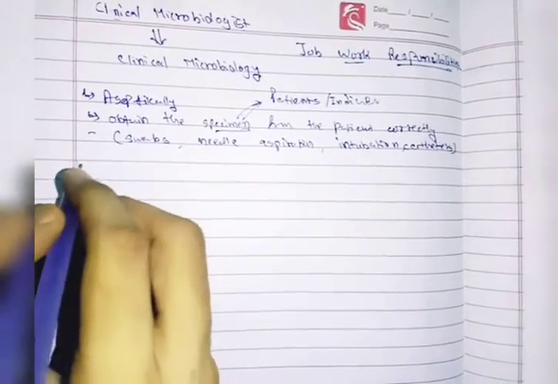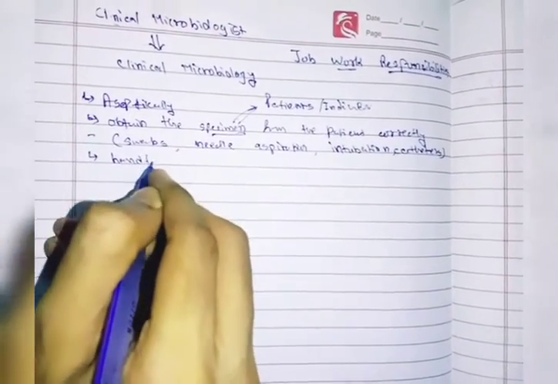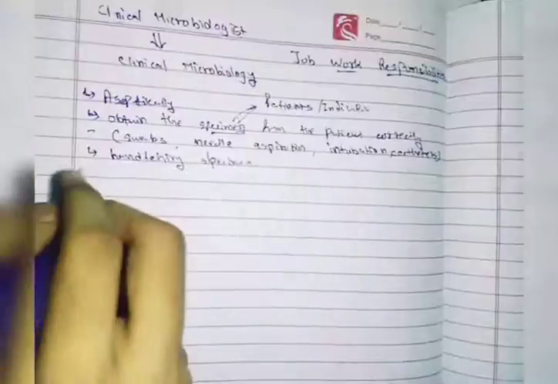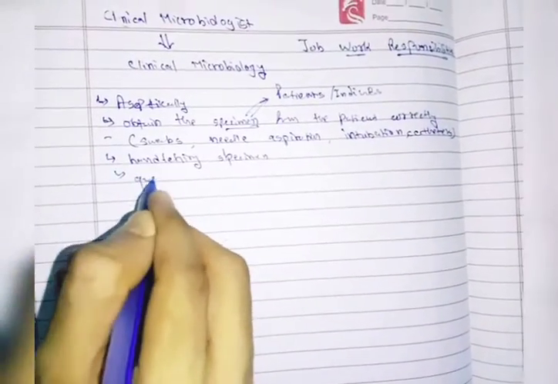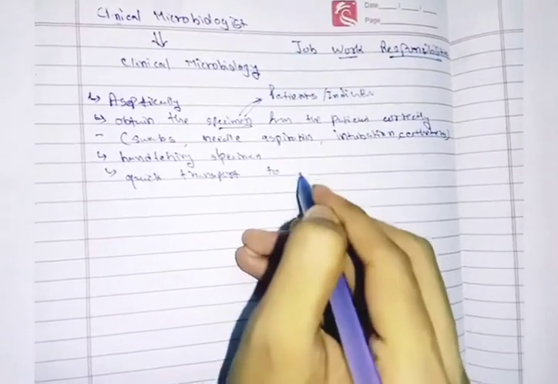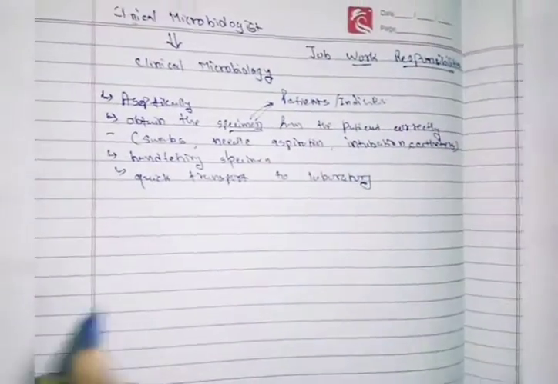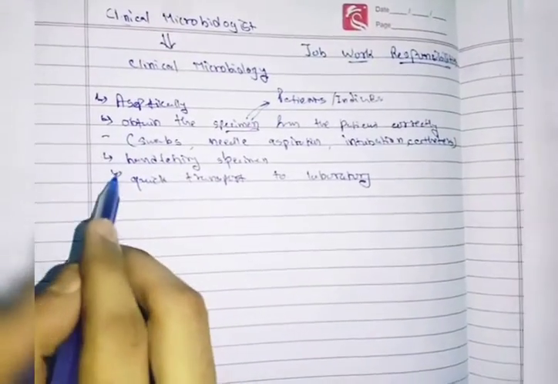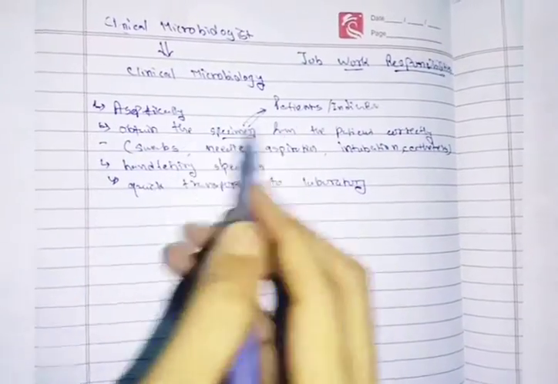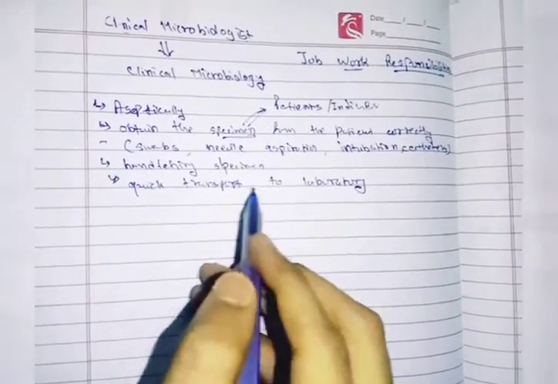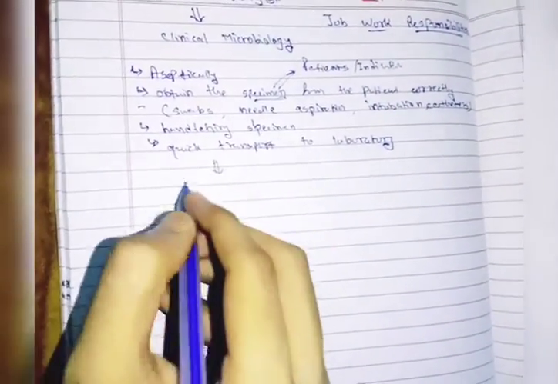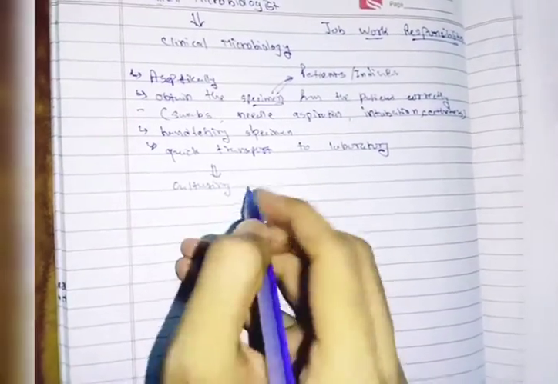Then the next thing is handling the specimen. Proper handling is very important, and quick transport of the specimen to the laboratory. These all things should be done fully and precisely. Obtaining the specimen from the patient correctly, aseptic conditions always, handling the specimen, and quick transport to the laboratory. And the next step is culturing the specimen in the laboratory as soon as it reaches the